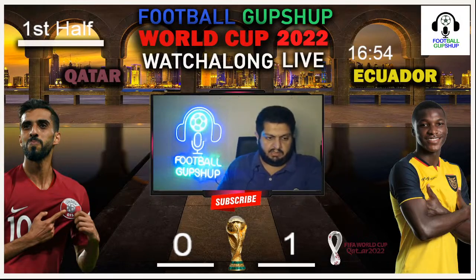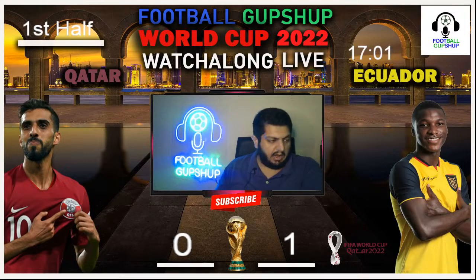This is going to be really nice just to see what's going to happen in this game. And once again, you can clearly see that Qatar are trailing. So it's going to be interesting to see what is going to happen in the remainder of the game. And once again the ball is with Qatar, who are trying to go forward and beat Ecuador, but the ball has gone out. Will it be a corner kick? Qatar are looking for a corner kick, but it hasn't been given. It is going to be a goal kick.